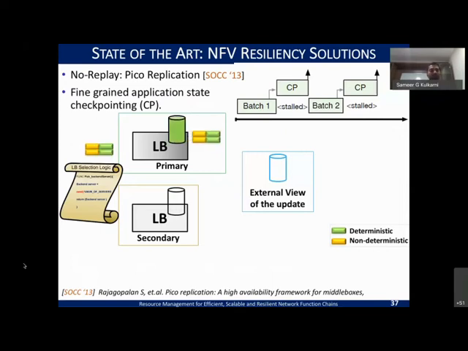If you have the set of packets being run, let's say take the same load balancer, and these packets get processed and it is going to make updates here, what that means is the state in this network function is updated. That's where we are just showing it as a green blob.